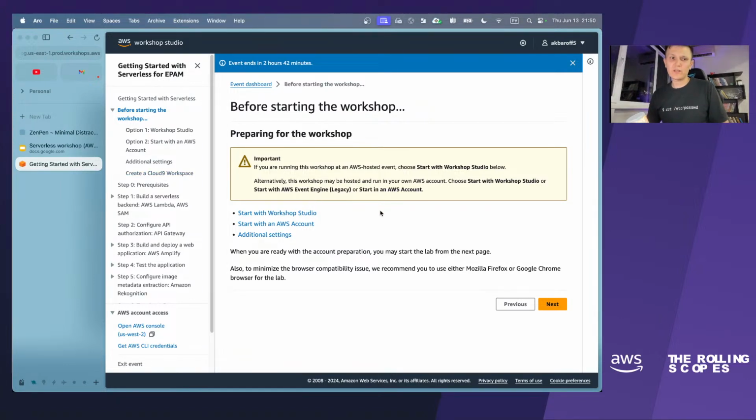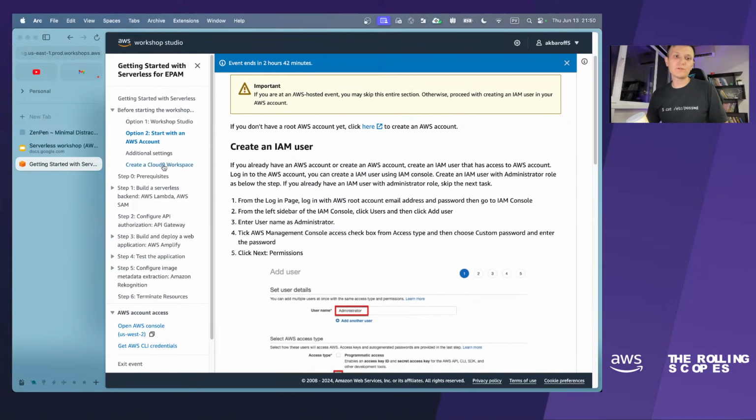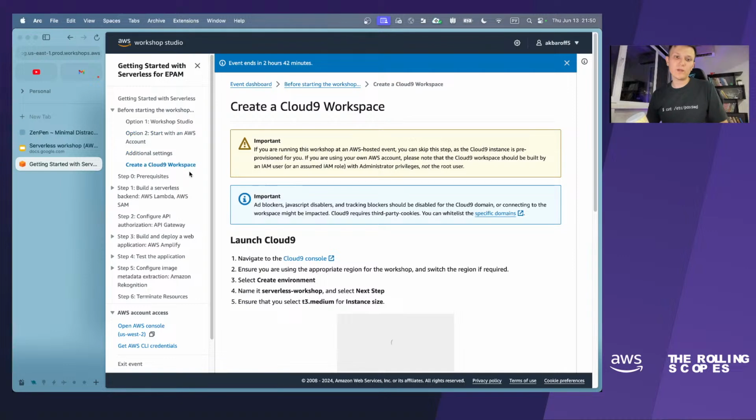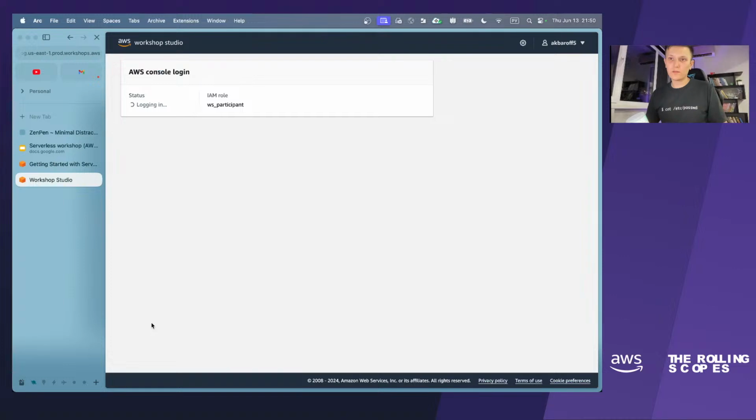In this part, we would have to register an AWS account, create IAM users, set up a Cloud9 workspace, and so on. In our case, all this has been done, so we can go to the left part of our screen, where we have a link which says Open AWS Console. We click on this link and we will be redirected to the AWS Console.